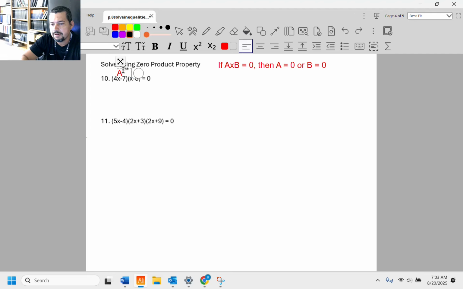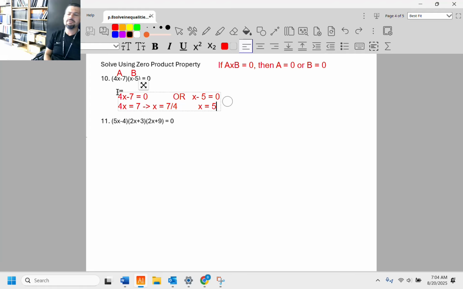So here I have the product of two things. The first one's A, the second one's B. And they multiply together to be 0. So this means that 4x minus 7 is 0. Or, and hear me out, x minus 5 is 0. And these are both simple equations. On the first one, you just add 7 to both sides, and then you divide out your 4, and you get x is 7/4. On the second one, it's a single-step equation,